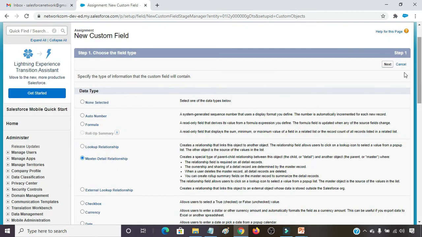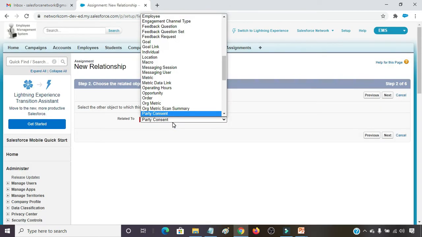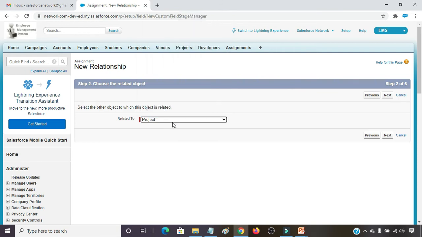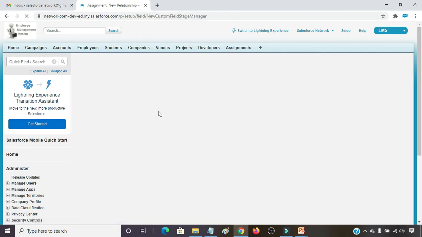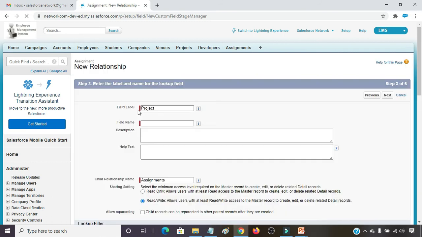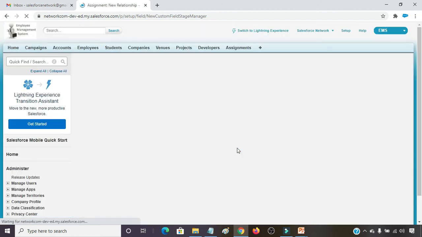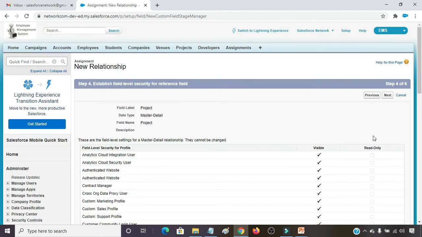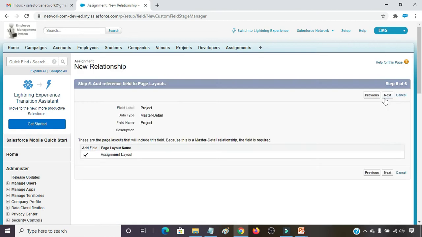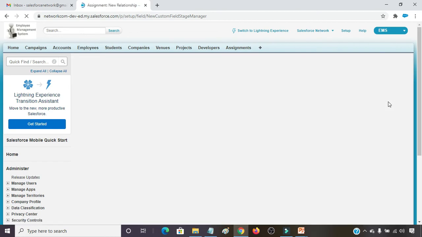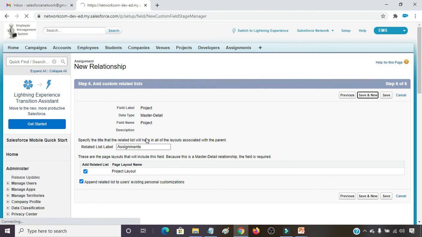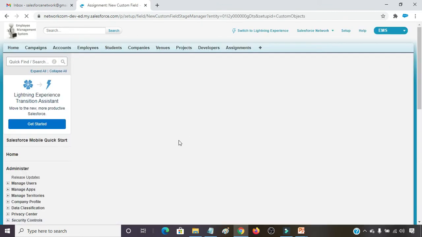I am going with the first master-detail relationship, project, clicking on next button. I am again going with project. Here the child relationship is assignments, click on next, next, next, save and new, because I have to create one more master-detail relationship.